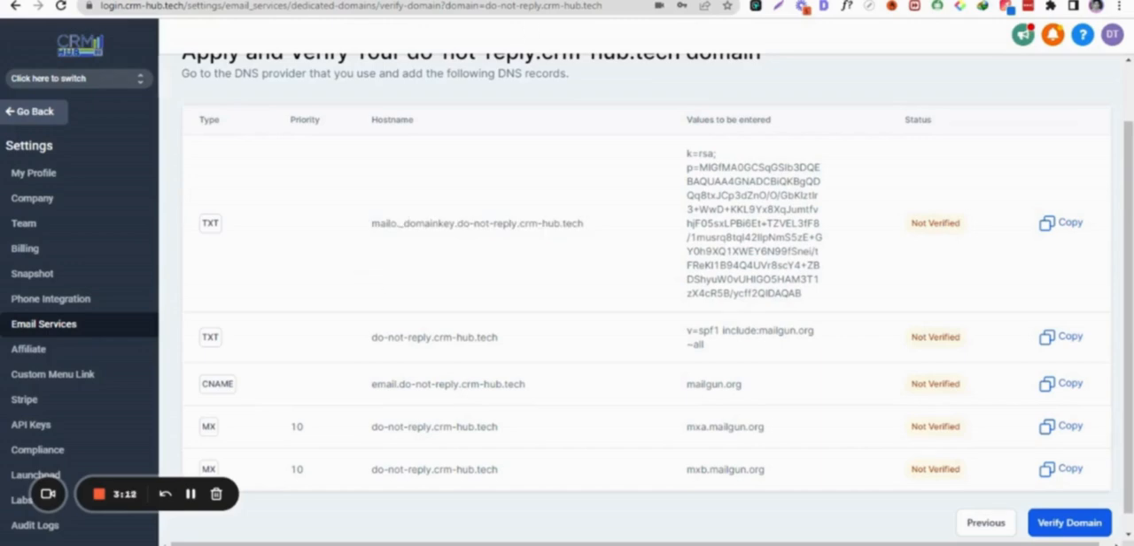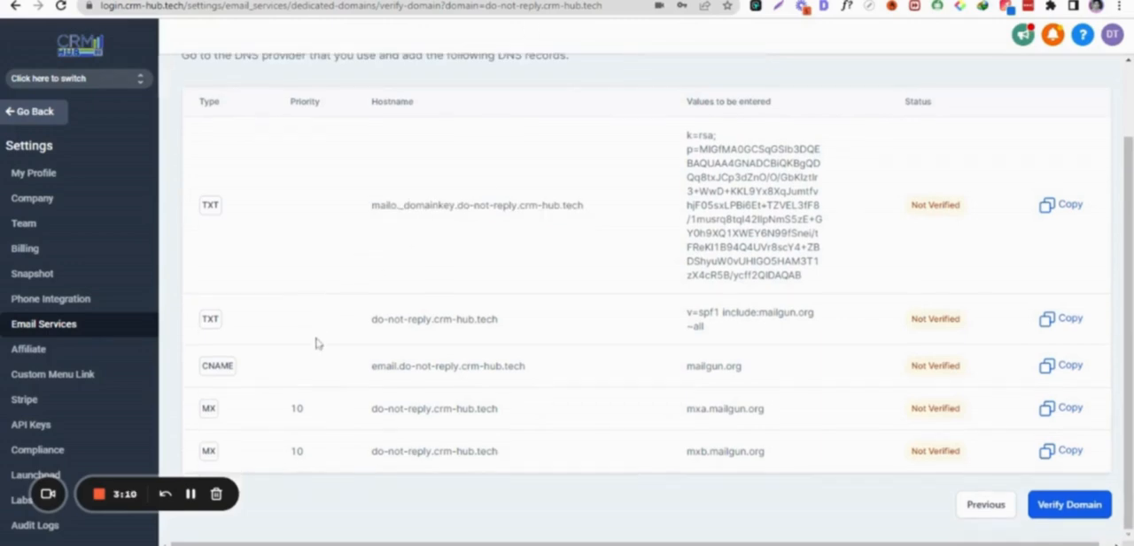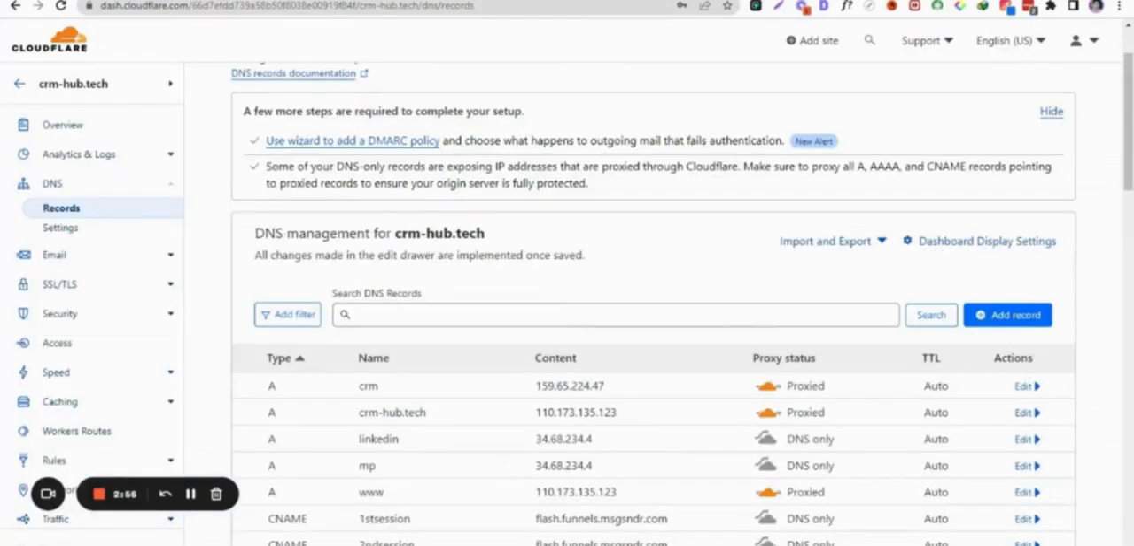Where did you host your domain? You just need to go to the DNS settings. We are going to add the first one, which is TXT. We are going to copy this. I'm going to copy this, and since I already pulled up my DNS settings here under SimHubTech,